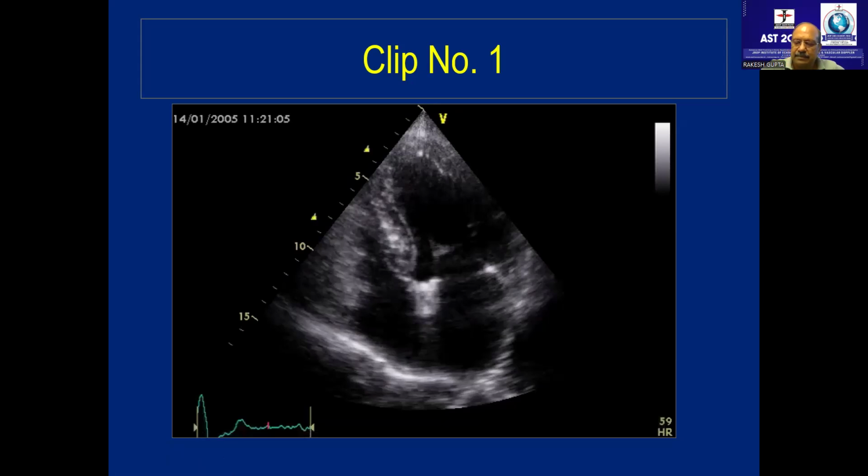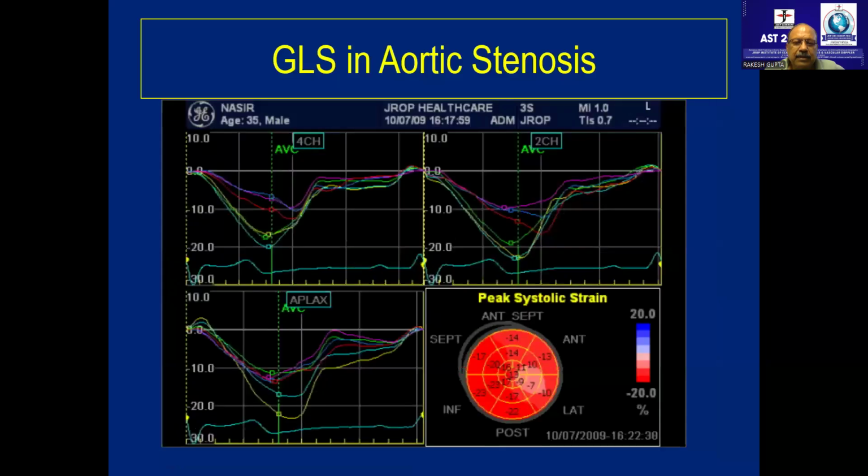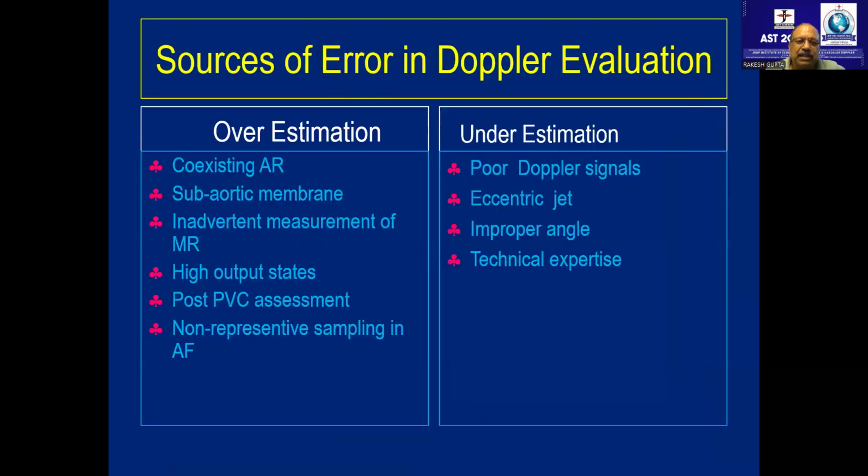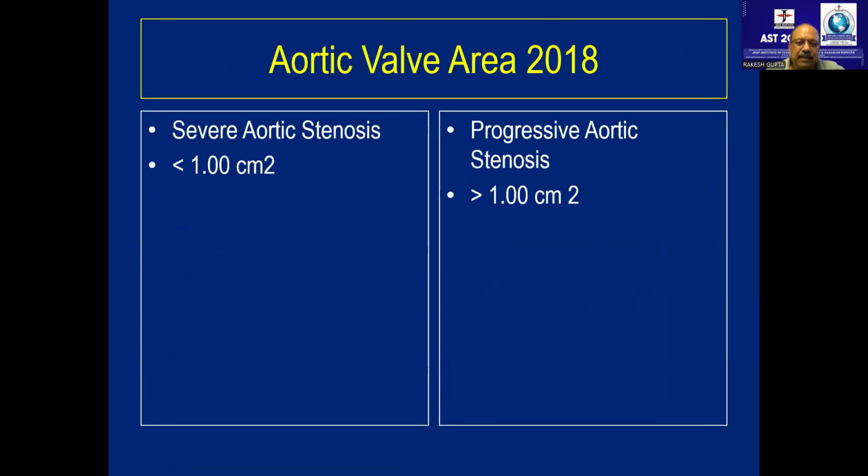Yes, sir. When there is AS and MR, these two will be required, no, sir? Stroke volume at the mitral valve and so on. No, we'll not be doing this. If I get an AS with MR, I'll just put a transesophageal probe inside and look at the planimetry area. Thank you, sir. Okay, so let's move further in aortic stenosis.